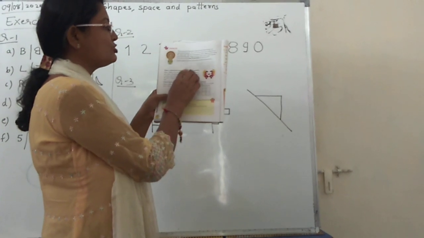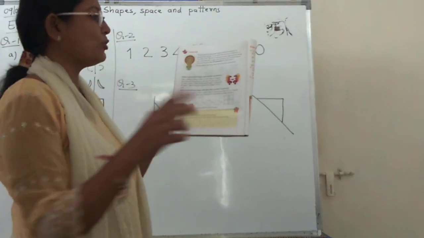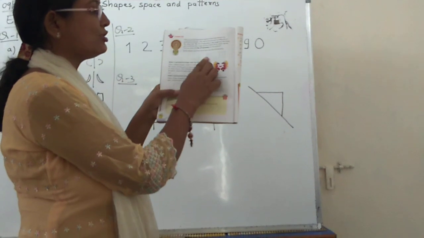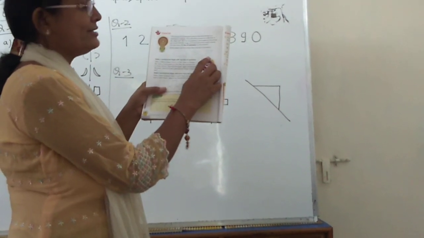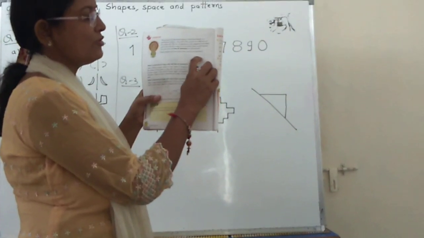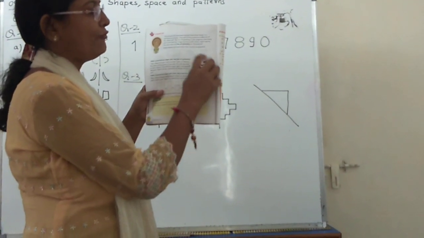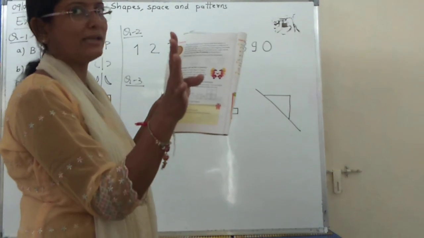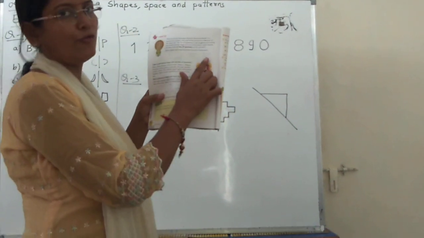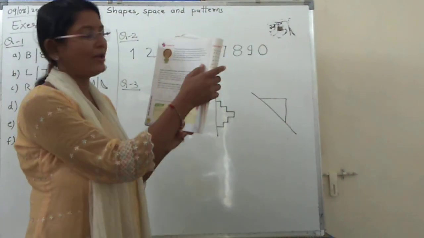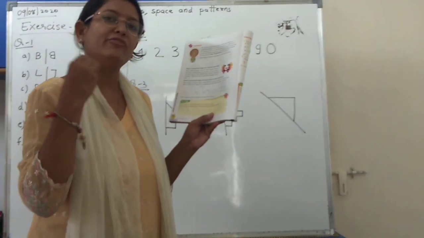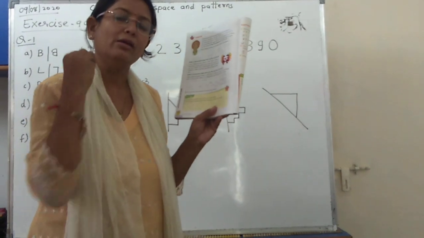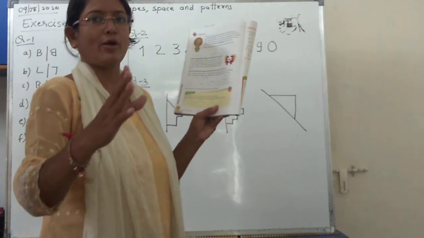See, in a rectangle two lines of symmetry are possible, vertical line and horizontal line both. In a cross also two lines are possible. In a square here 6 lines are possible, 1, 2, 3 and 4. Sorry, 4 lines are possible here. Here 2, 2 and here 4. Means 4 lines of symmetry are possible. If I draw lines of symmetry in a circle, infinite, means as many as you want to draw, you can draw.